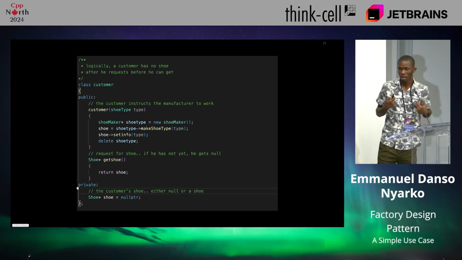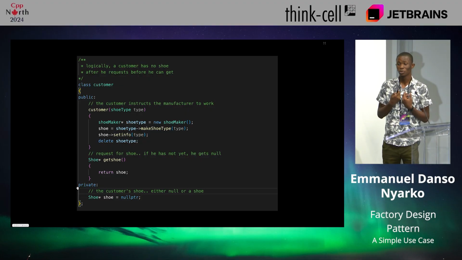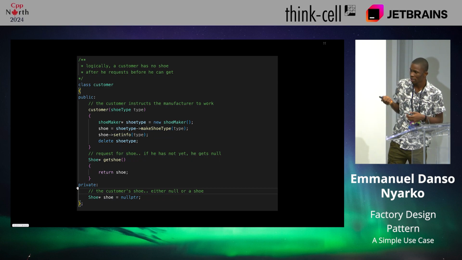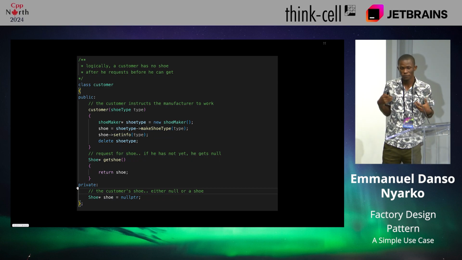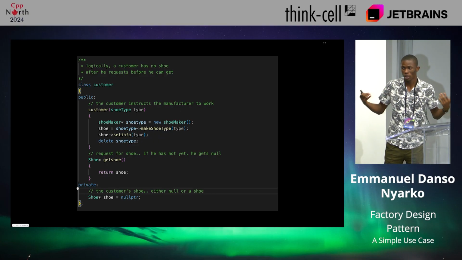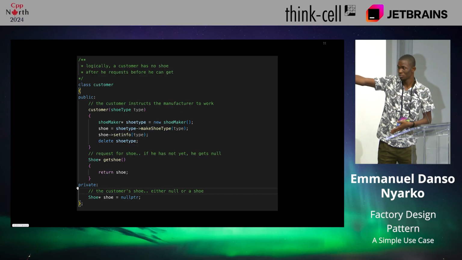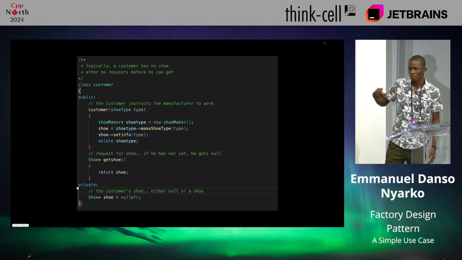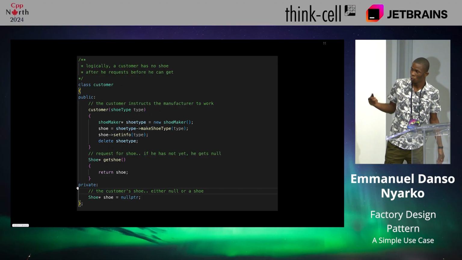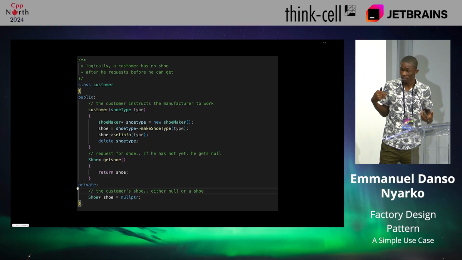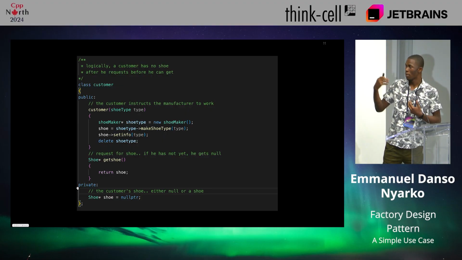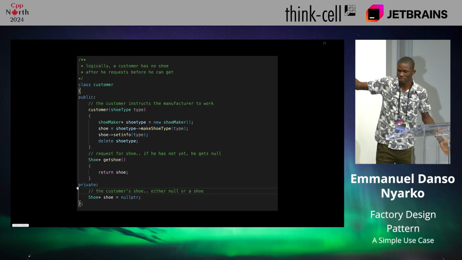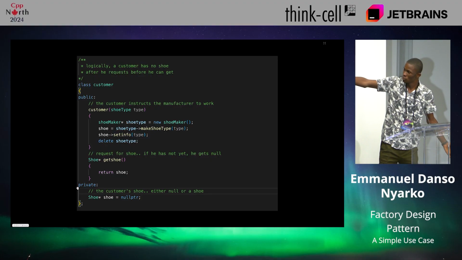And then you have a customer class. The customer is basically what is making the request, and the object is coming directly from the customer. We assume that initially the customer has a shoe, but if the shoemaker is not yet finished, we assume it is null. We set a simple null shoe pointer at the private section, and then we have our function to get your shoe. So when you go there, you create a constructor for the customer to make an order for the shoe, and the shoemaker will ask what type of shoe you want, and you say, I want the type for school, and then you create a simple shoemaker